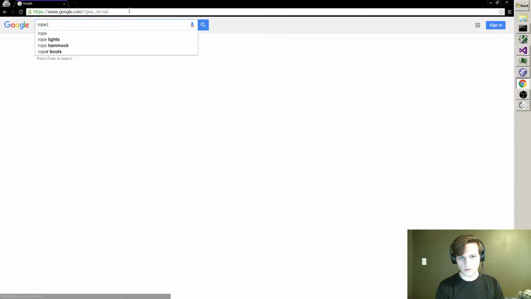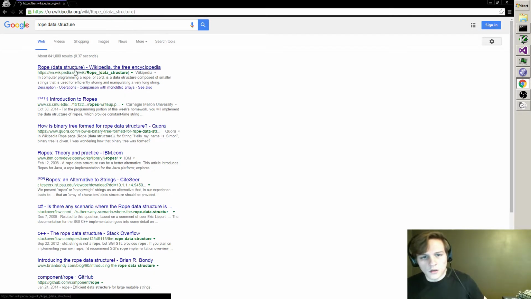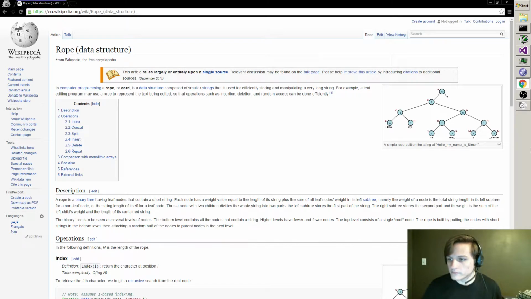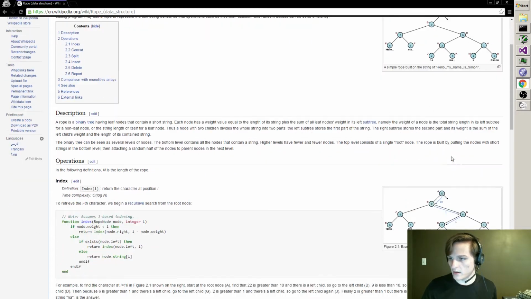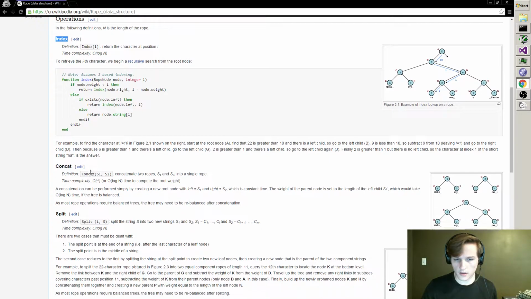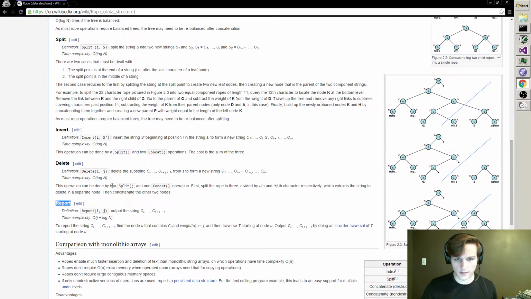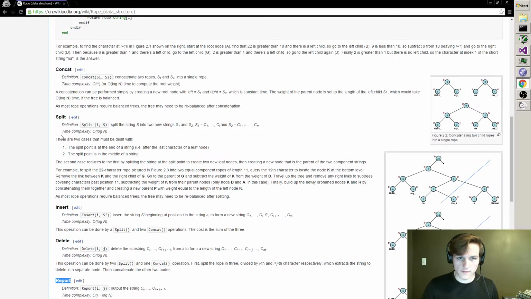Rope data structure. So this is something I've got now. I have index working. I have report working in a forwards and backwards manner via stream, and that's nice. But